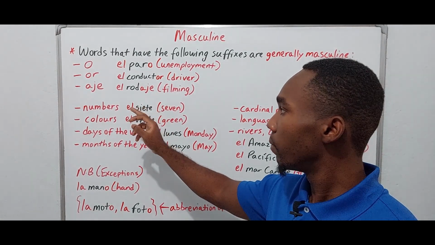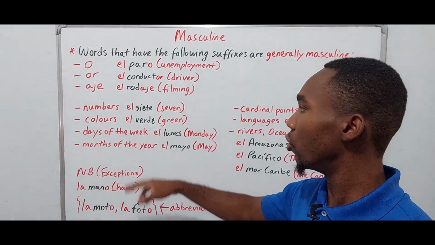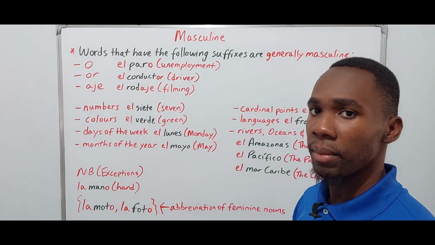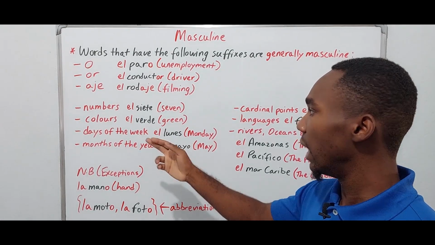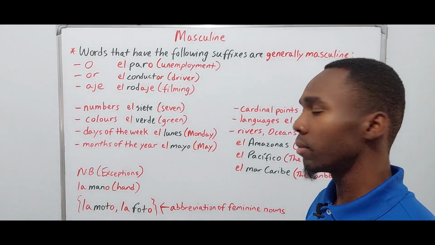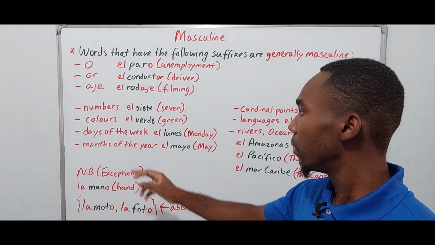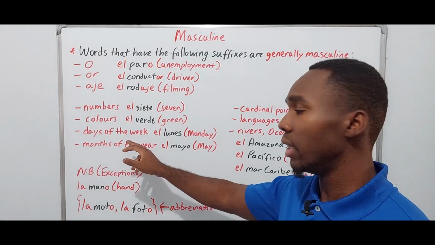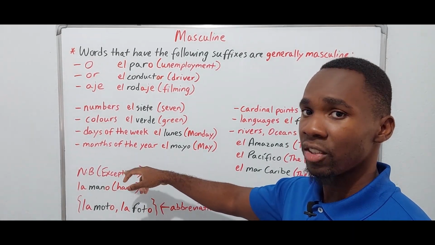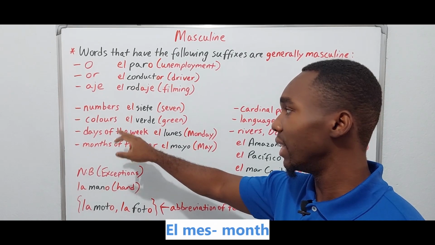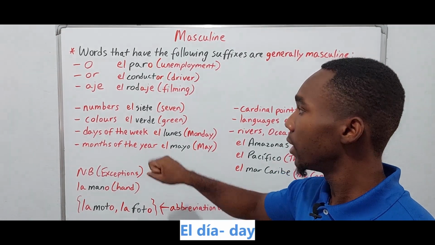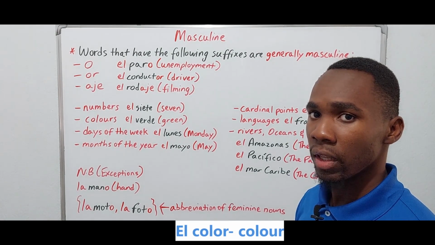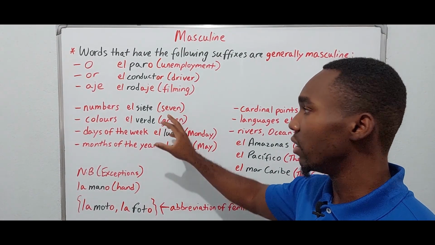So numbers, el número, so el siete, 7; colors, el verde, green; days of the week, el lunes, that's Monday; months of the year, el mayo. The word for month in Spanish is el mes. The word for day in Spanish is el día. And the word for color in Spanish is el color. Therefore, these are going to be